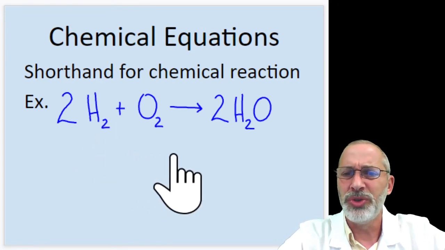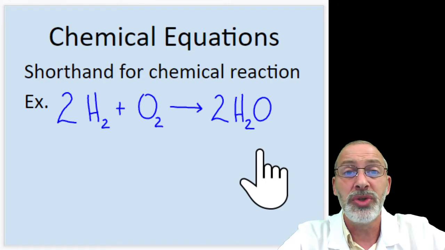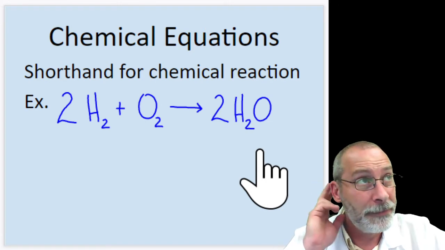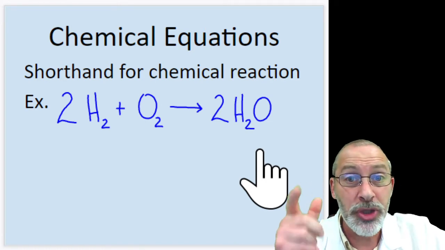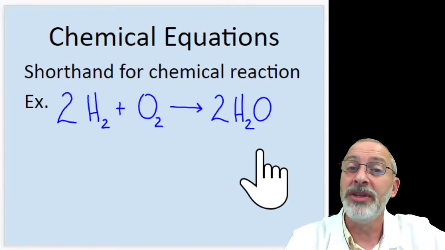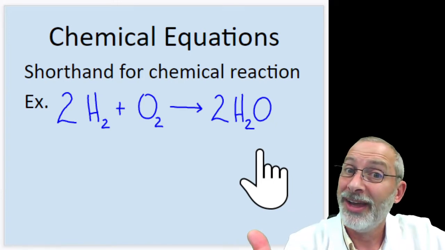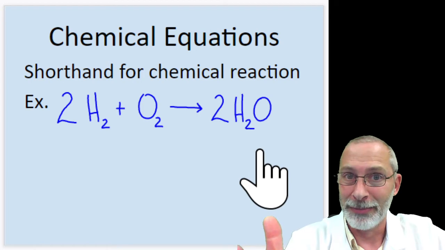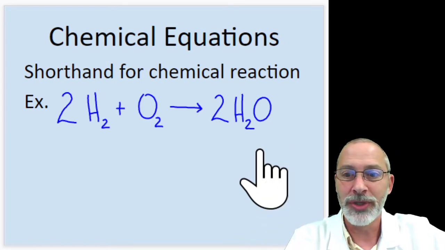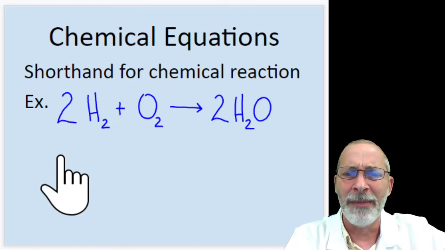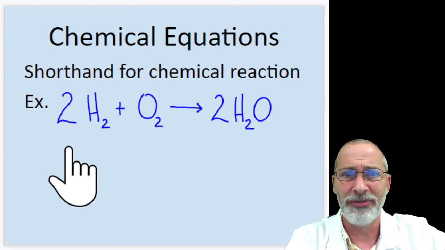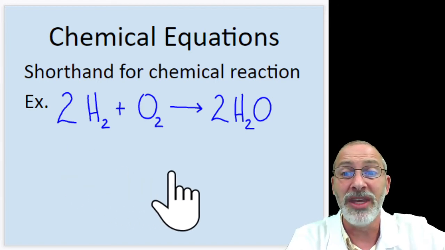The little 2, the little 2, the little 2, those are called subscripts, and they tell you the number of atoms. Just look up in your notes. But what about these big numbers in front of things here, in front of these symbols, in front of these